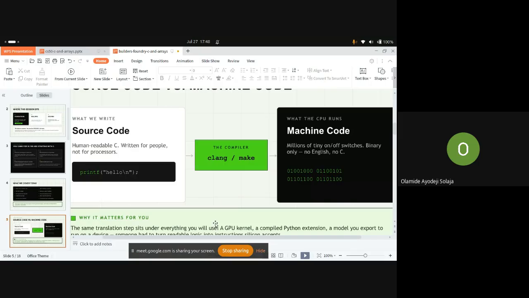is source code. On the other hand, we have something called machine code. Machine code is basically the zeros and ones that we say the machine understands. The machine does not understand our source code, it only understands machine code. And if you look at the analogy I make here, between our source code and our machine code, there is something called the compiler. What the compiler does, as I explained earlier, is translate our source code into machine code,